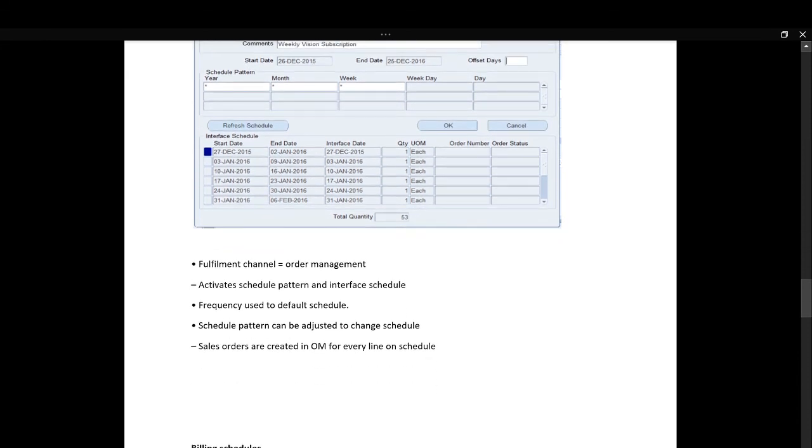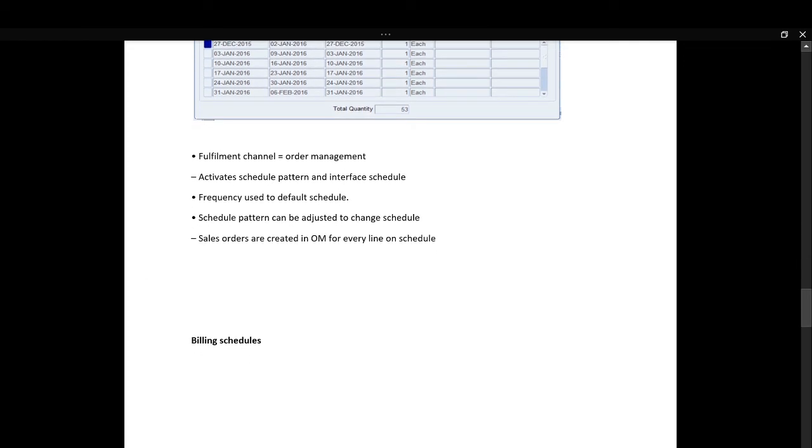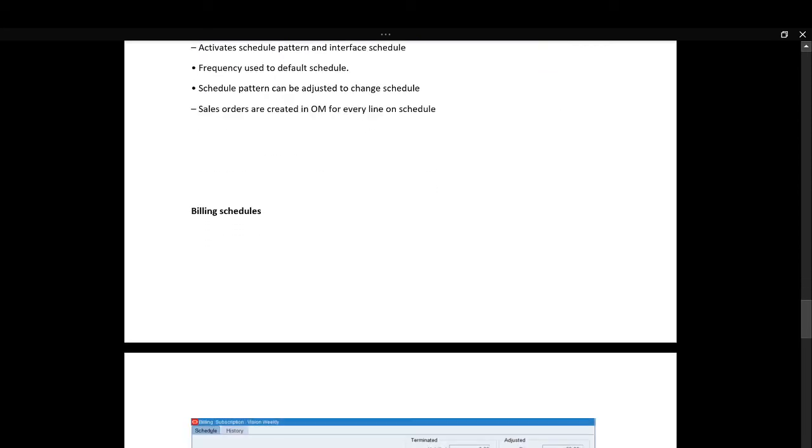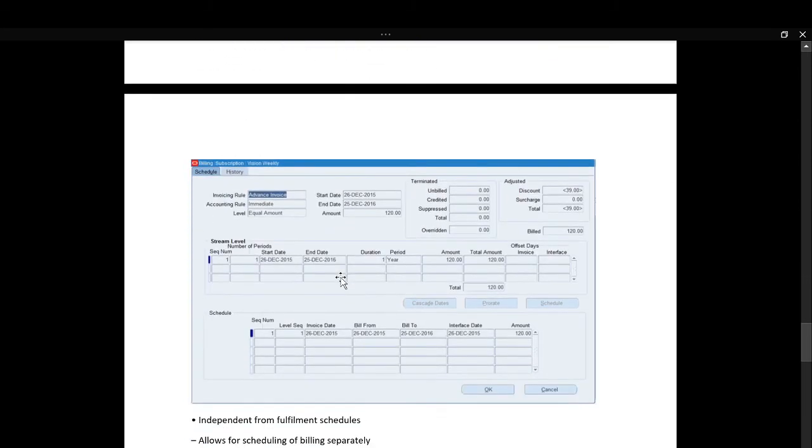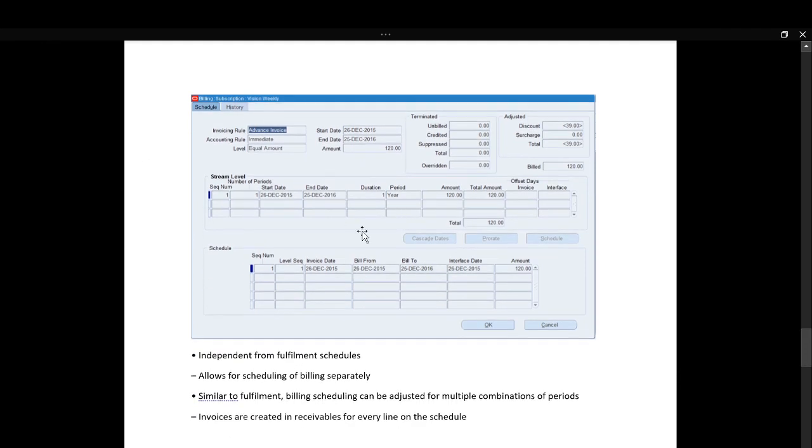In a tangible subscription, the order fulfillment channel is required. In an intangible subscription, fulfillment through order management is not required. The fulfillment channels will not be there in the case of intangibles. You can define the frequency, and the sales order is created in OM, and on the line tab you can see it would be ship only. This screen is showing the bill service. By this screen the invoice information is there. If you run the service contract main billing program, this information will flow to the invoice interface table. So two interfaces are affected in the case of subscription: the order interface and the invoice interface.